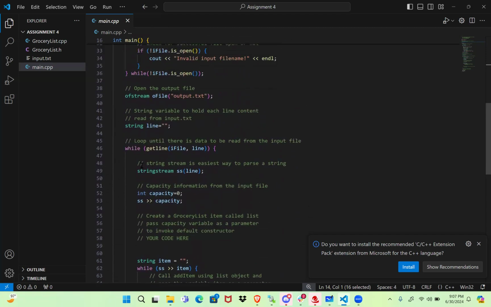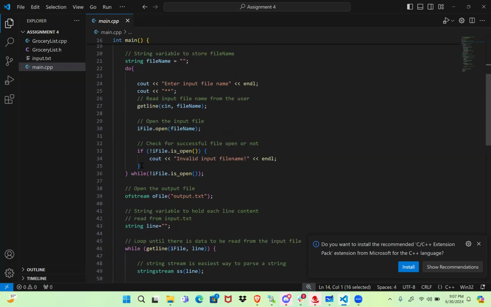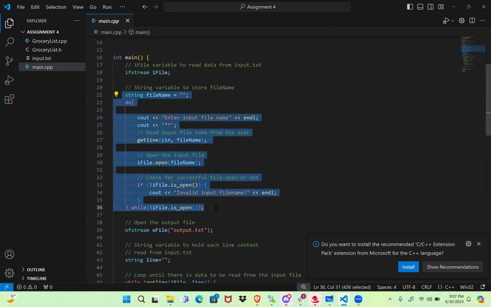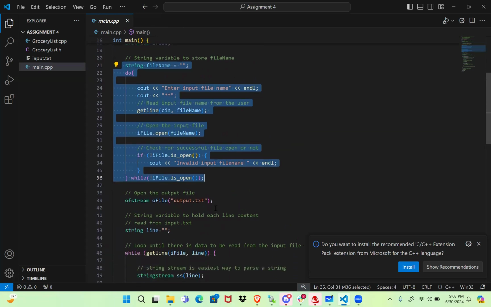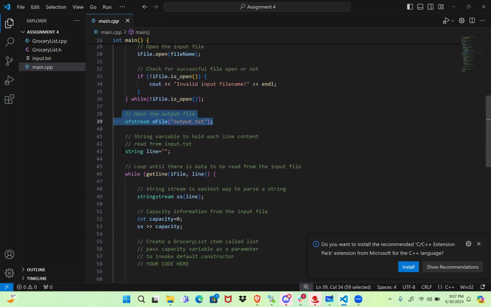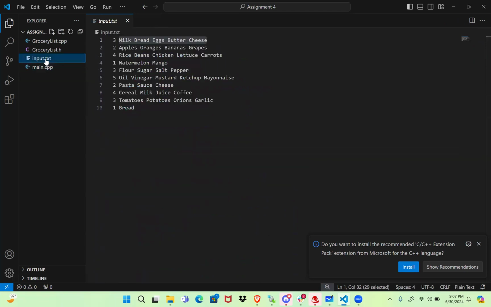For example, let's see how the main.cpp is, and we'll walk through each part in the assignment. So firstly, the way main.cpp is given is, it will keep on asking the user for a valid file name. Once the user gives a valid file name, it will proceed with creating the output file, which is called output.txt. And now from the input file, to read each line, remember each line is a grocery list. And for example, the first line, we have